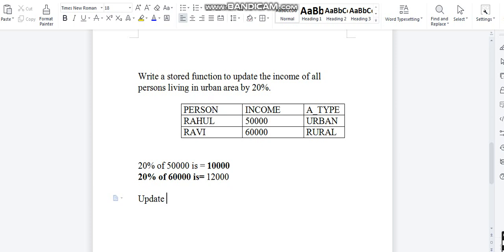So here, update person. In the person table, what we have to do? We have to set the value, so the set keyword is used over here. What we have to set? Income. Since income is the column name, you have to set income equals to the already available income, whatever value is there for this particular column. Income is equals to income plus 20% of income. So we have to write income multiplied by